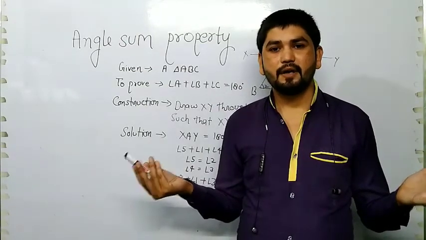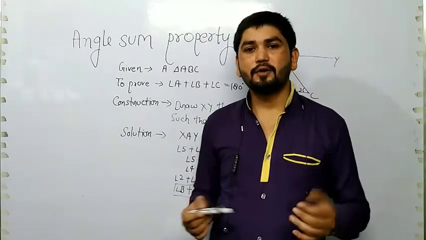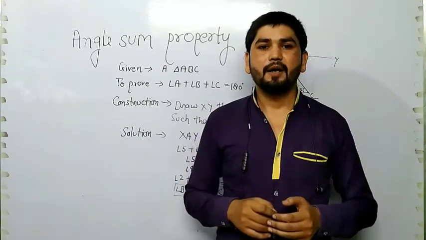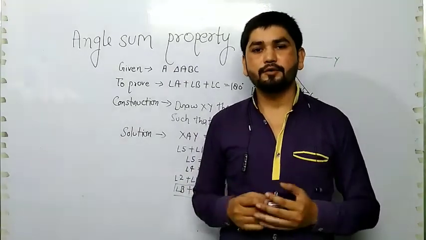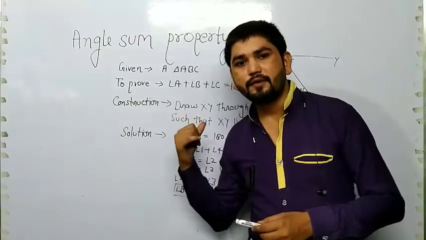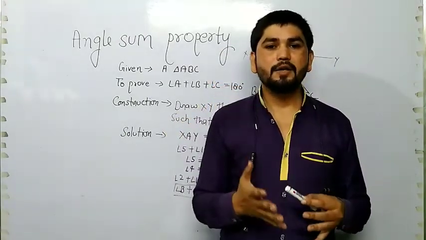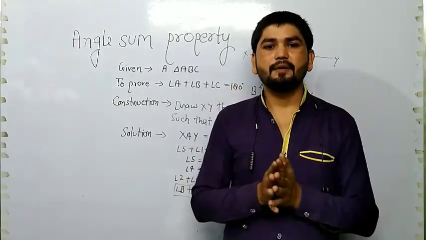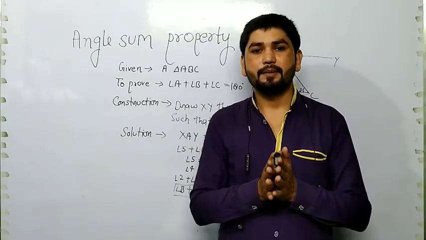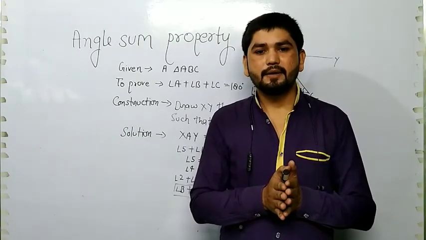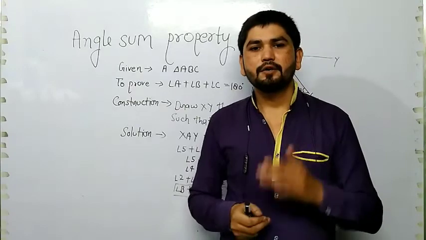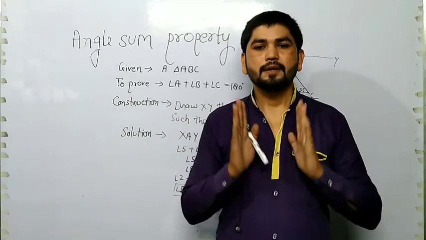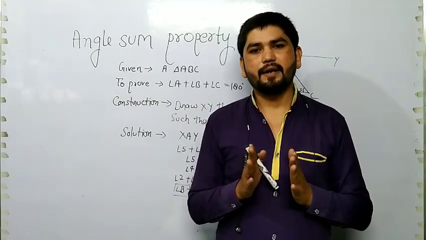Got it, guys? I hope you understood and enjoyed this video also, because I have taught you very simple things here. Very simple, and these are very important for you, because you will use these theorems everywhere. When questions related to quadrilaterals or triangles come, and when you study the circle chapter, not in this class, in the next class, there also triangles will form. So everywhere you will use this property: the sum of all the angles of a triangle is 180.